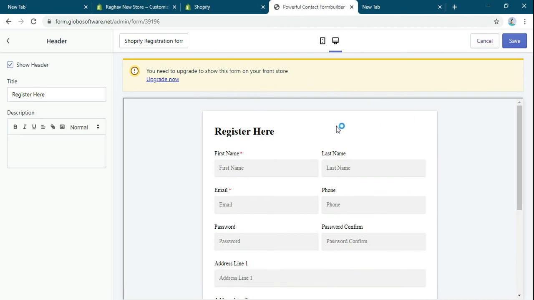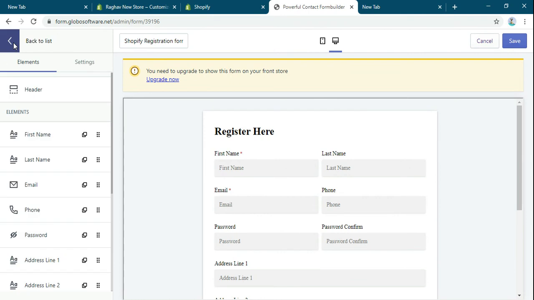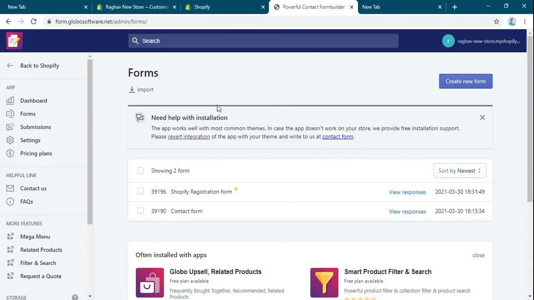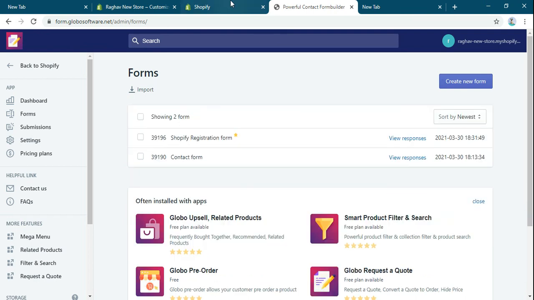So I have saved the form. If you want to use this form, then you have to upgrade to the plan. But it's so easy to create a form on this website using this app.